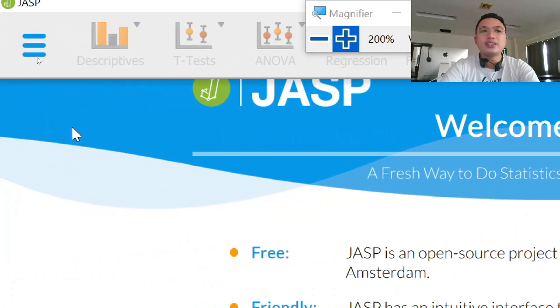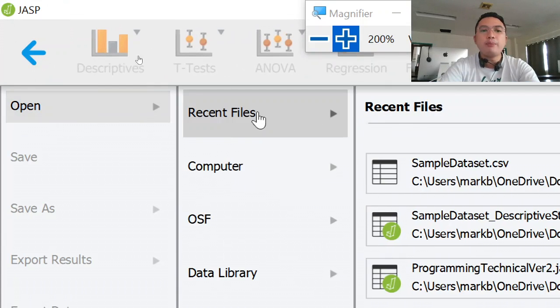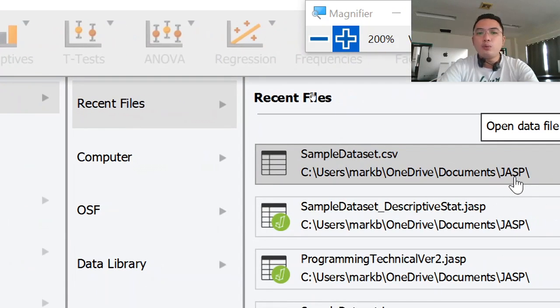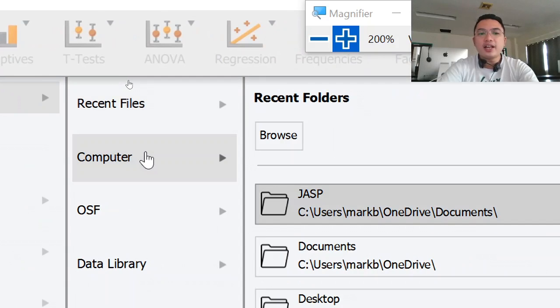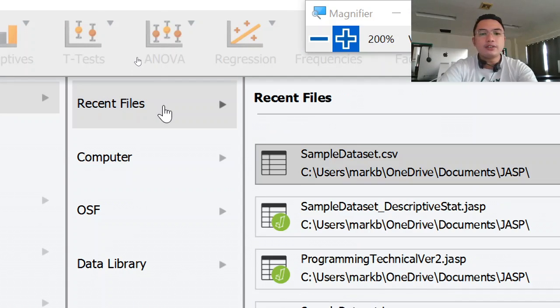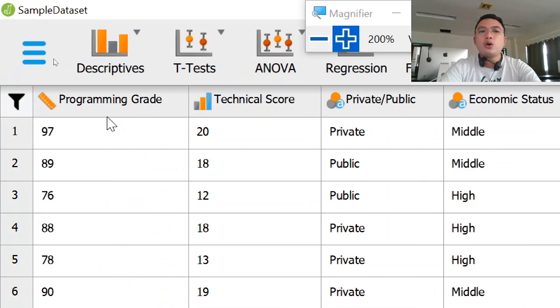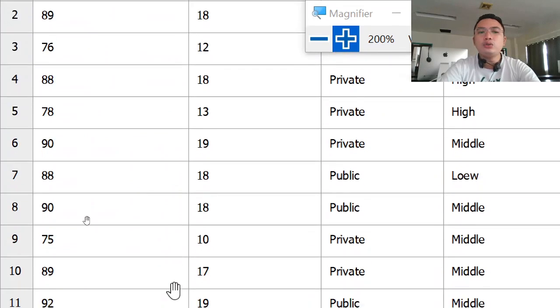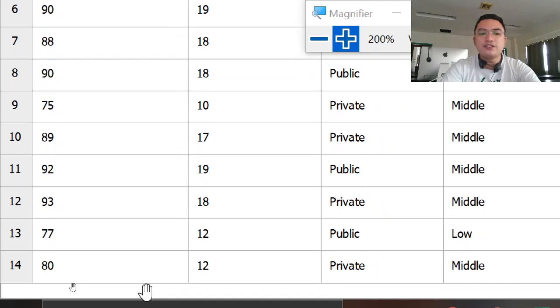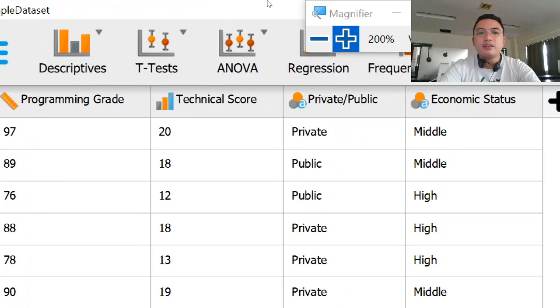You can open the JASP software and go to open, and then you just look for the file. You can look in the computer or in the recent files, and then you open your data set. So JASP will automatically load the data set. It has 14 records.